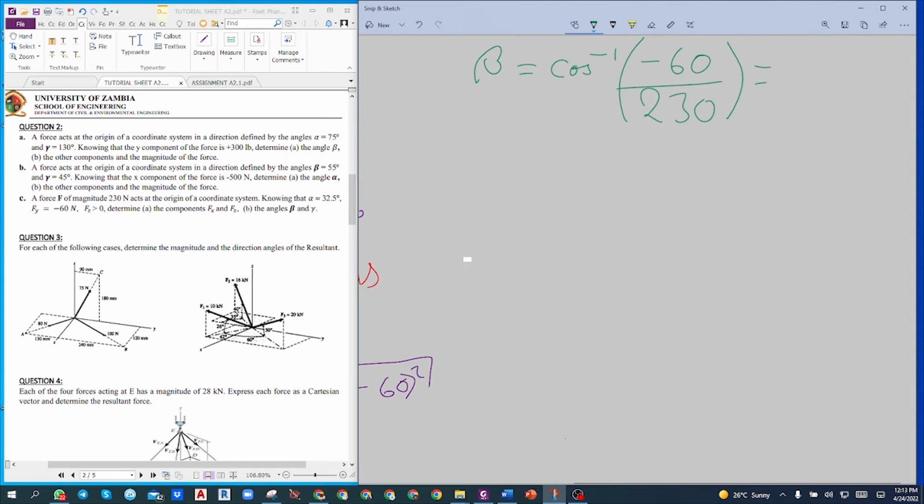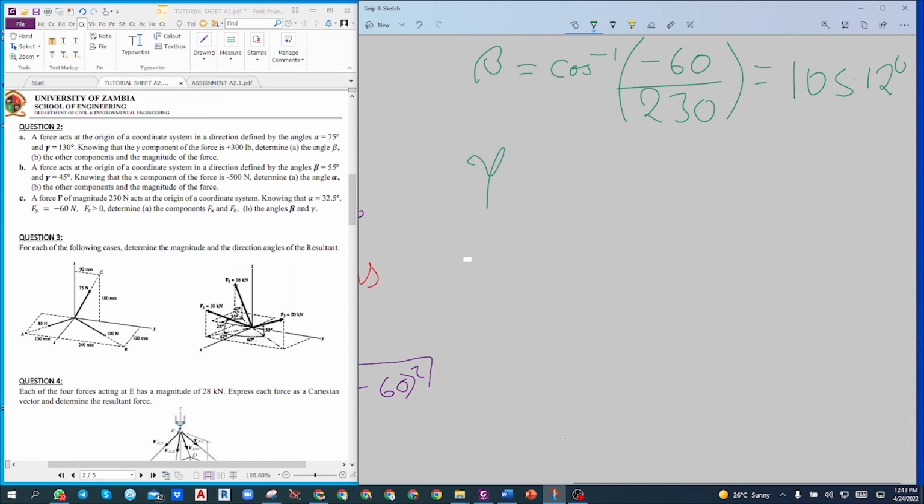cos inverse of, okay, beta to be 105.12 degrees, and then